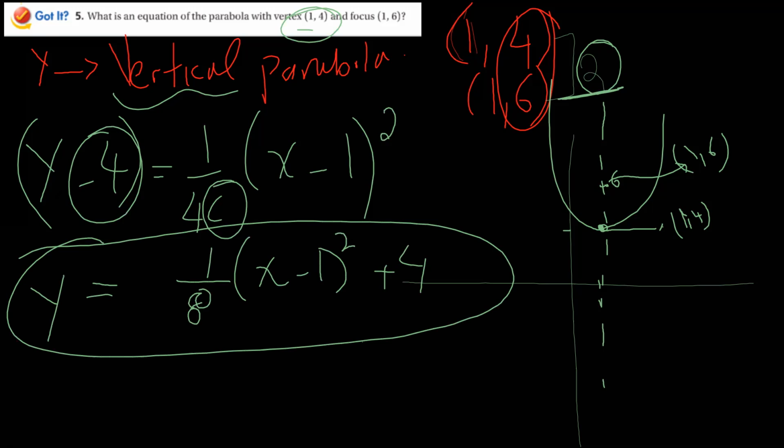Okay. So until now, if I gave you the equation like this, y equal 1 over 8 (x minus 1) squared plus 4, who can tell me what is the value of h and k from this equation? h is 1 and k is 4. Okay, but it was x minus h. Yes, so this plus is k. So is it clear to know what is the value of h and what is the value of k? But sometimes